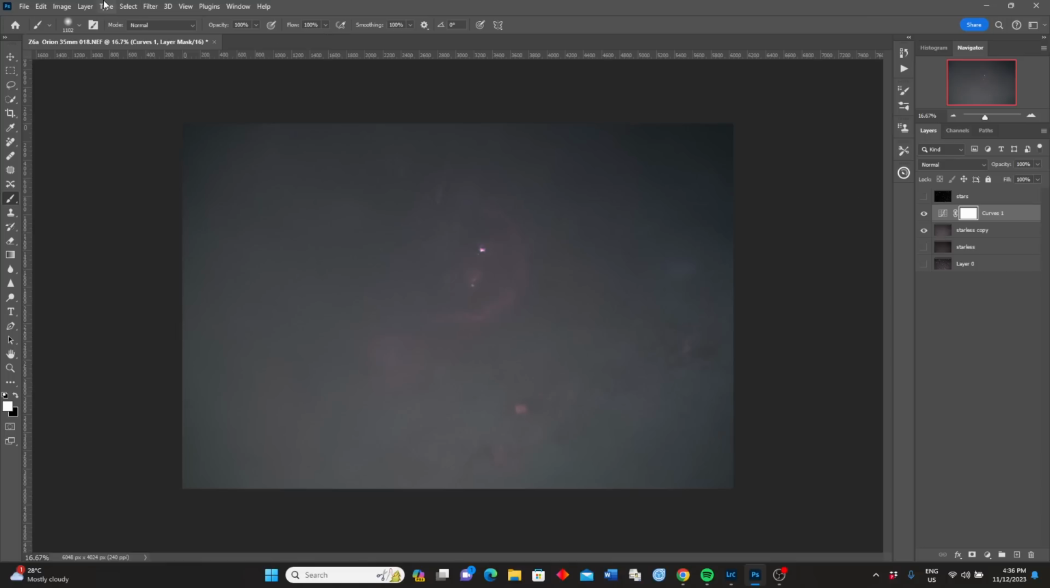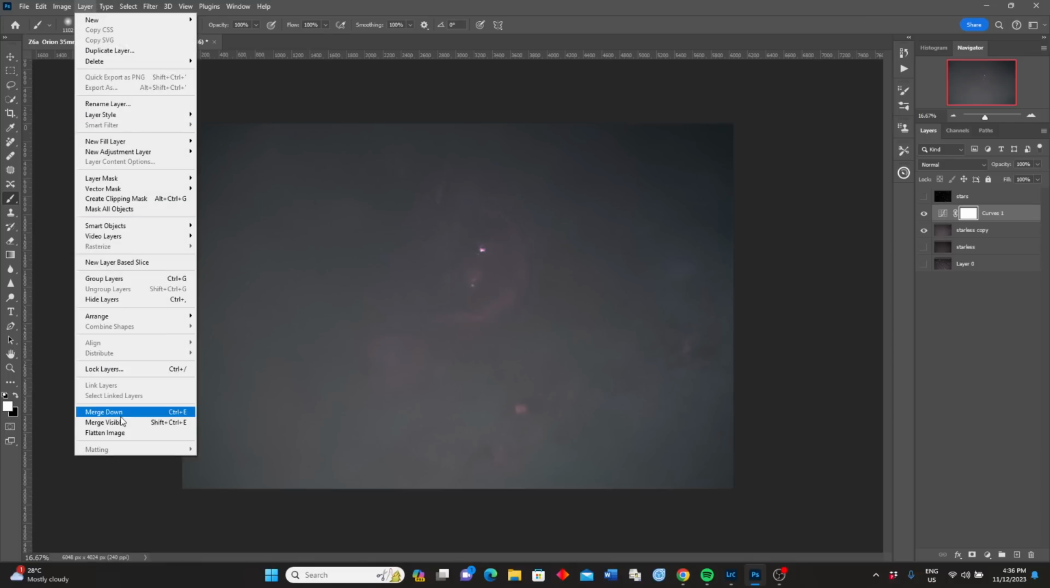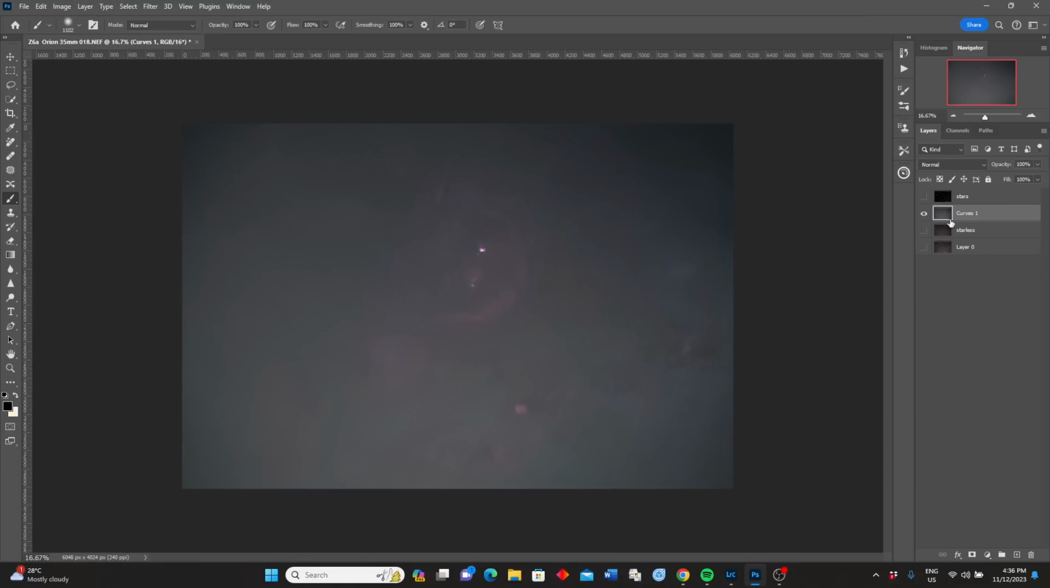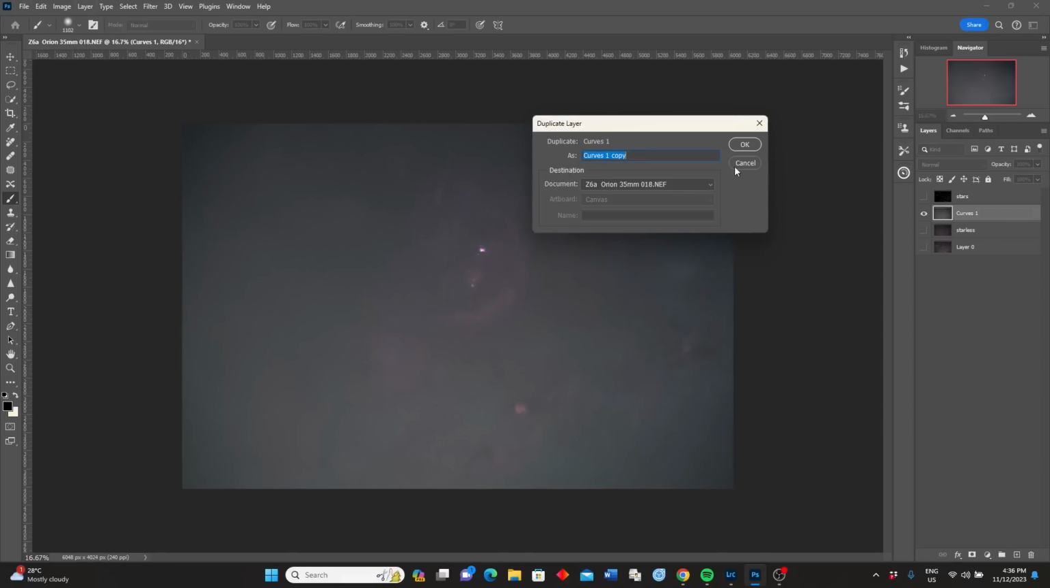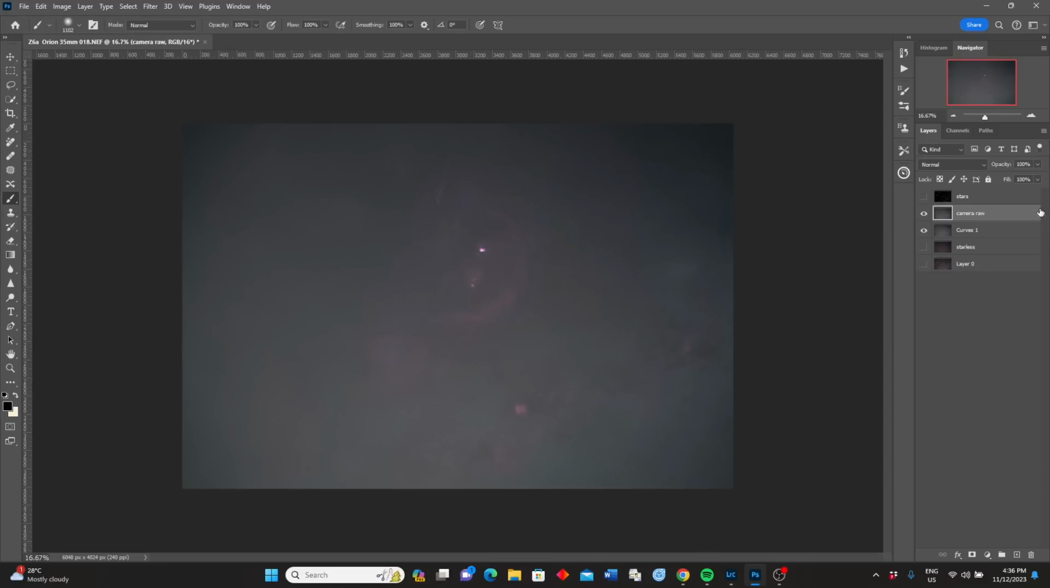And what I'm going to do is merge visible again. So I'll click on that. Now what I want to do is duplicate this layer. So layer, duplicate layer. And this one I'm going to run through Adobe Camera Raw. So I'll call it Camera Raw just so I can remember, but it doesn't really matter whether you name it or not. So let's go up to Filter,